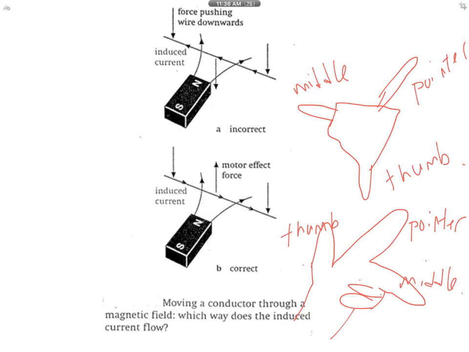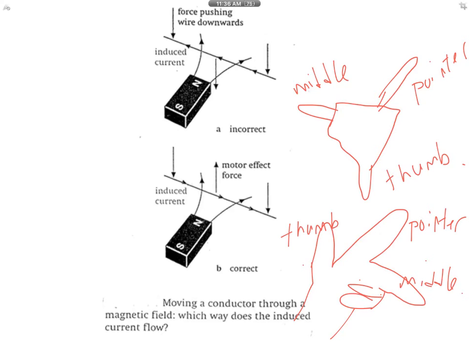Now the thumb is the biggest difference. In Fleming's left-hand rule, the thumb represents the electromagnetic force. But in Fleming's right-hand rule, it doesn't represent electromagnetic force. It represents direction of motion of conductor. So what I mean by direction of motion of conductor,